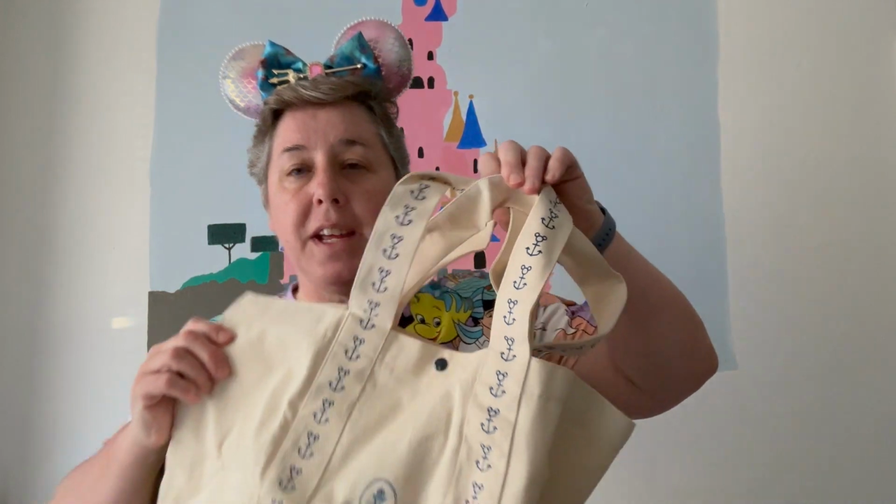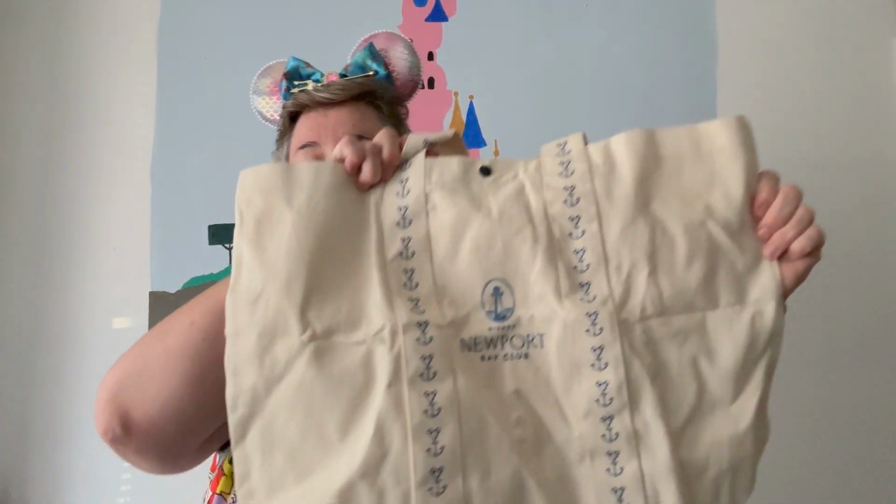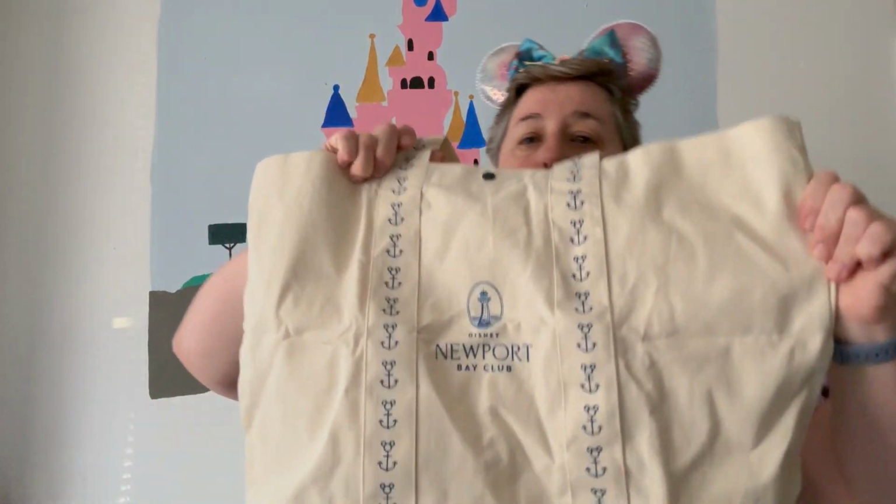And speaking of free things, we actually got pixie dust when we were staying at Newport Bay. Pixie dust is something completely free that you don't ask for, that you don't deserve, just a free gift to give you a bit of magic. And Newport Bay were kind enough to put some things in our room, and I'm going to show them to you now. So this is a really nice canvas bag that was given to us free at Newport Bay Club